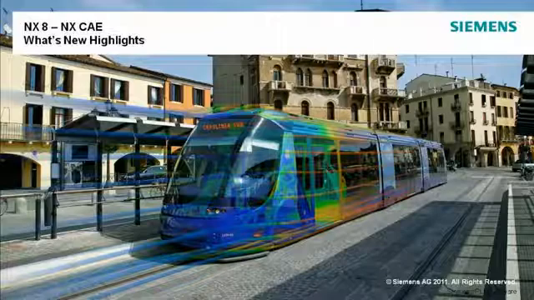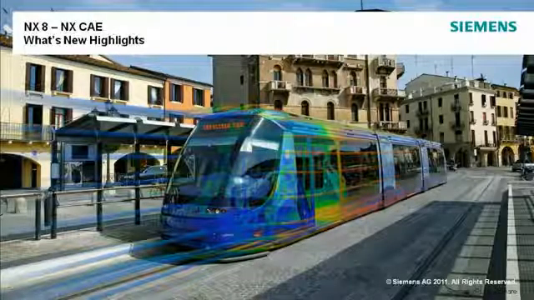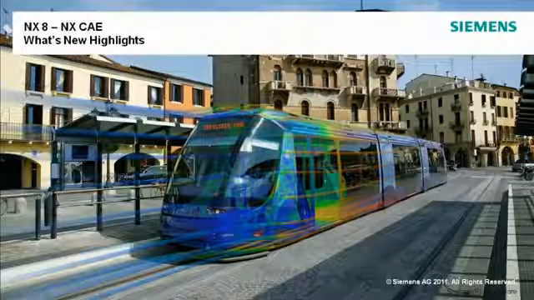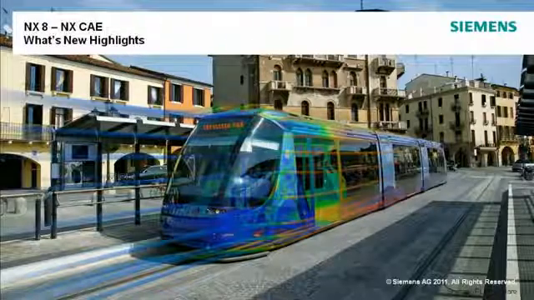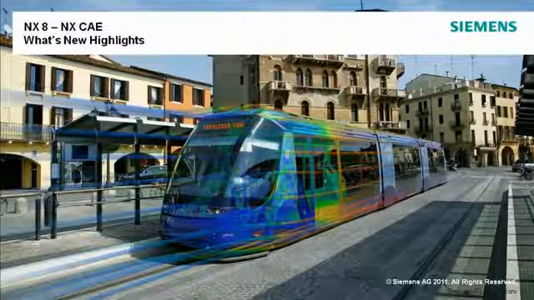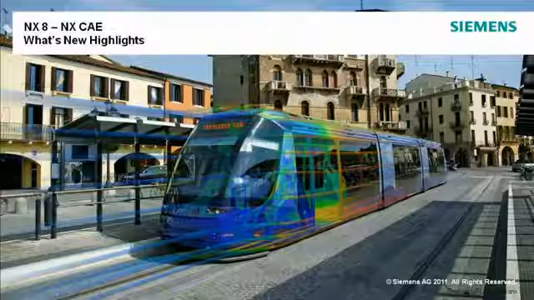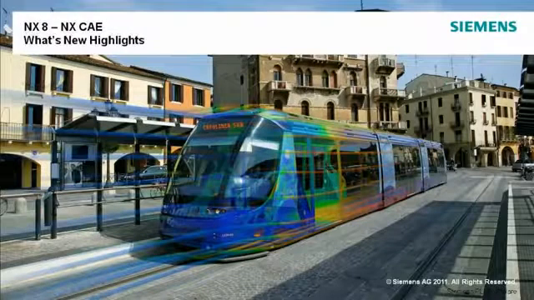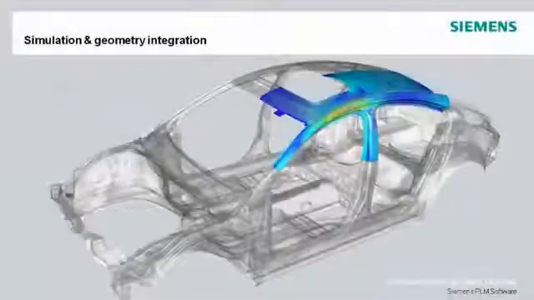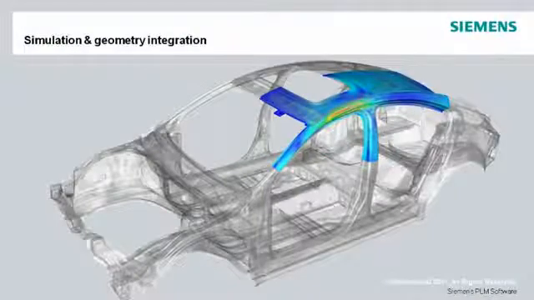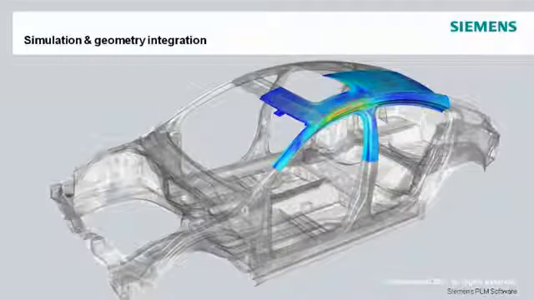NX8 NX CAE introduces over 200 projects that extend solution capability and maximize productivity. This video will show highlights for some of the new simulation capabilities available in NX8 CAE. What makes NX CAE unique from all other preprocessors is how it integrates high-end analysis modeling with strong geometry capabilities. The result is productivity benefits that can drastically reduce the amount of time you spend preparing and solving analysis models